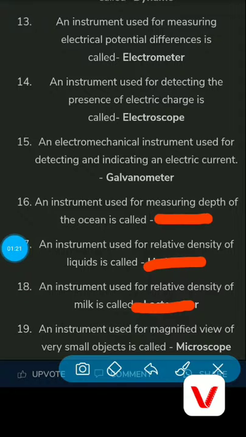Question 16, an instrument used for measuring the depth of ocean. That instrument is a fathometer. Then 17th, an instrument used for relative density of liquid is called a hydrometer. An instrument used for relative density of milk is called